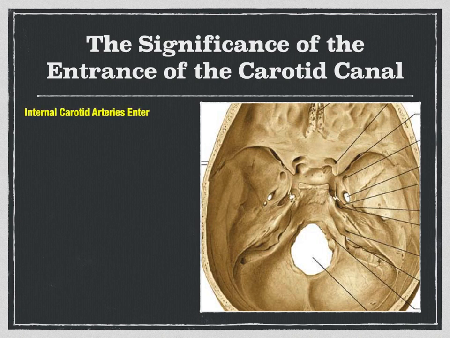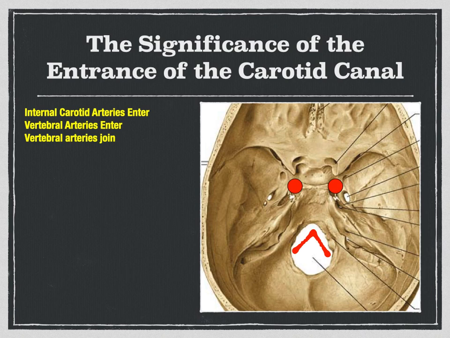Well, the 2 internal carotid arteries enter right here next to the sella turcica. There are 2 other arteries that are very important to blood flow in the brain, and they come through the foramen magnum. These are called the vertebral arteries. They come up through the little transverse foramina of the cervical vertebra. They come through the foramen magnum, the anterior side of the brainstem,